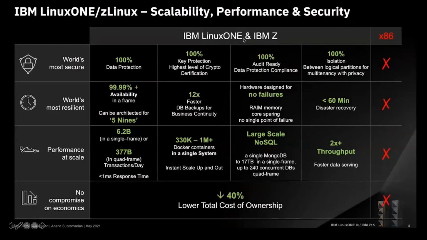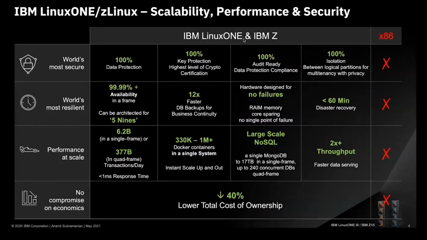So, key capabilities very quickly. This IBM LinuxONE or the IBM Z platform is the only platform that has these particular capabilities. One is 100% data protection, and we're talking about encryption of data in flight, at rest, at a network level. 100% key protection for those that require key management, whether it's crypto or just your master keys that you use for your data encryption, which Fujitsu Enterprise Postgres currently uses already,